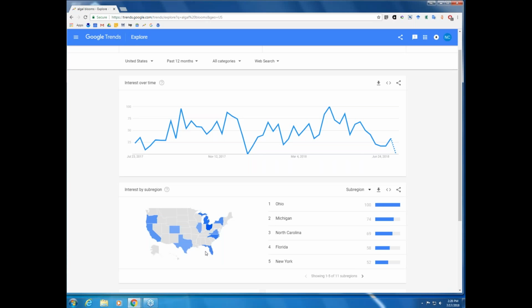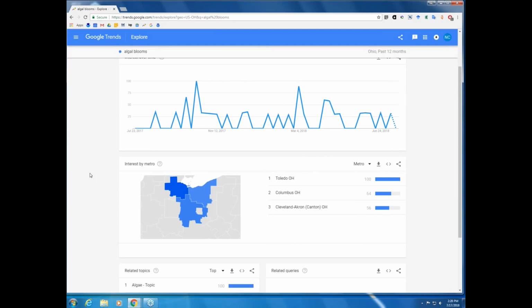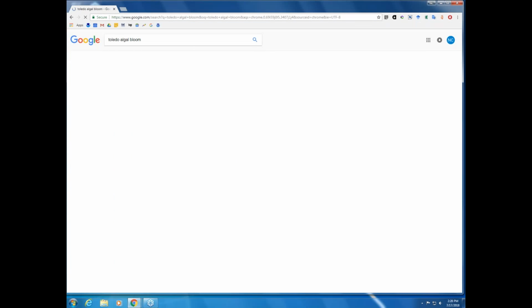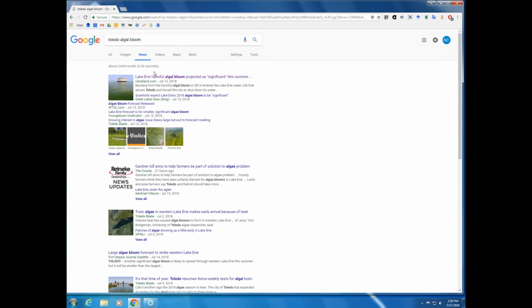I really could not tell you how they tell what the search interest is based on, but if you take a look at Ohio here, you see a search interest of 100, and it's even broken down by metro area, which is really neat. So I can see in Toledo, Ohio, something is happening with algal blooms, and it just piques my interest. So I can hop on, take a look, Toledo, Ohio, algal blooms, and it brings me,